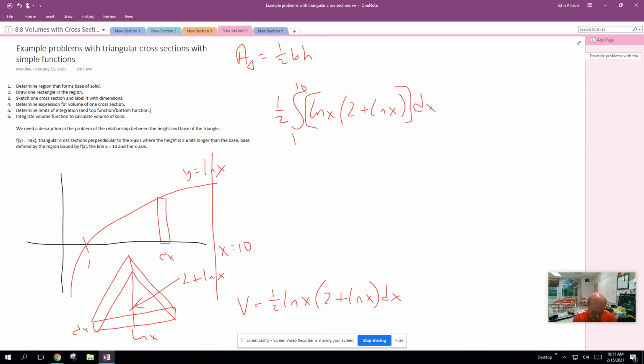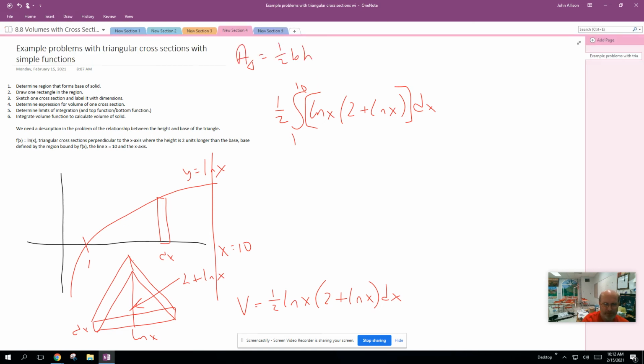ln x. I'll close parentheses on the ln x. And then times, open a new set of parentheses, 2 plus ln x. We're going to have to close parentheses on that ln x also. Then I close parentheses again. And so what that looks like in my calculator,